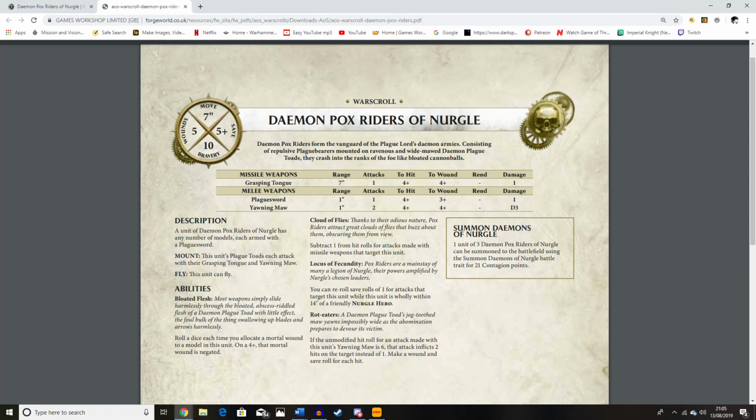Right, okay, and then going to the abilities, we've got Blade of Flesh again, so the 4-up save against mortal wounds, Cloud of Flies, subtract 1 from hit rolls for attacks made with missile weapons that target this unit. Okay, so that's a new one, that's something from the Plague Bearers themselves that are doing. So, you know, the difference here with the Demon Pox Riders of Nurgle compared to the standard Plague Toads of Nurgle. So yeah, that's quite good, makes them much more durable because this shooting is starting to come back in